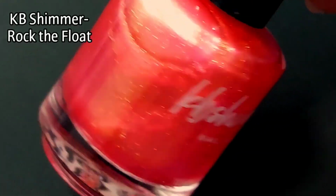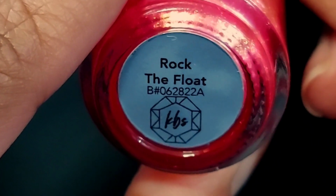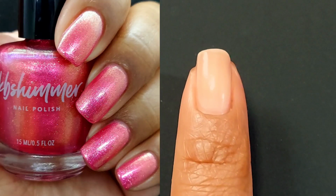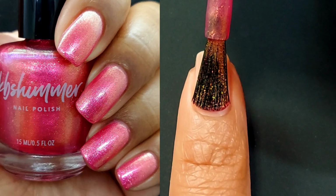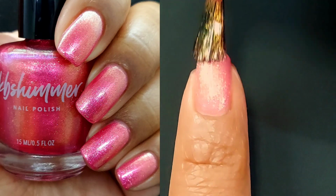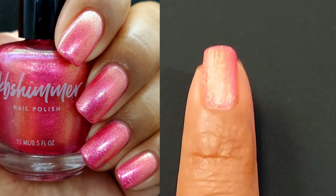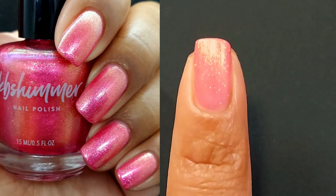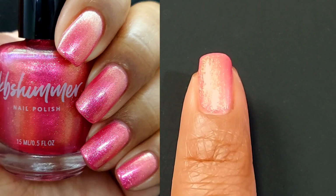This one is described as a bright, hot pink nail polish loaded with shifting shimmer, golden hues sparkle to show off hints of peach in the sun, while softer lighting brings out hints of tangerine, rose, and fuchsia. This nearly metallic, shimmery polish is perfect for a day filled with inflatable fun, and it is best in 2 to 3 thin coats. Now, these polishes will be $11 a piece, and I did enjoy full opacity in 2